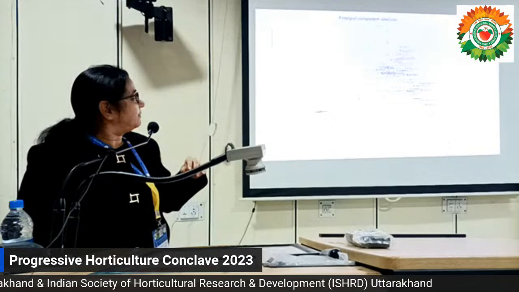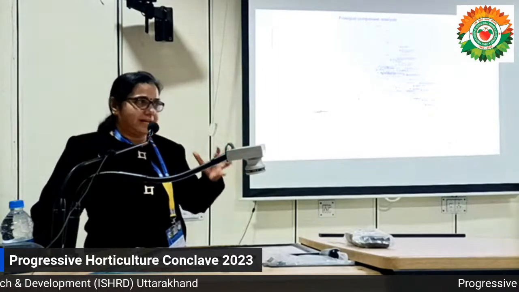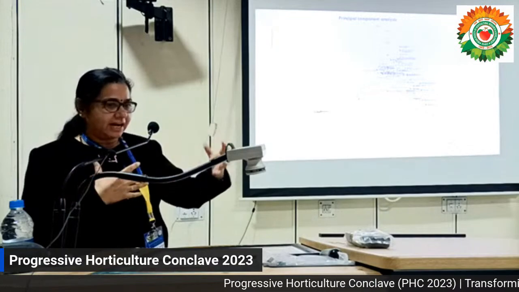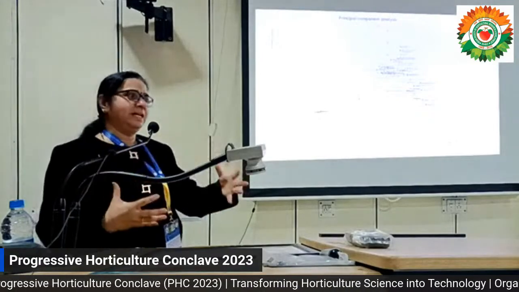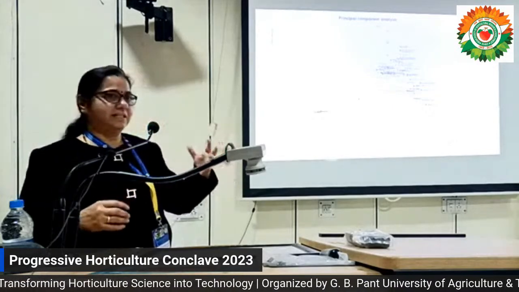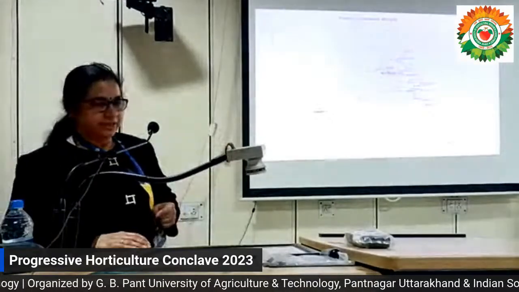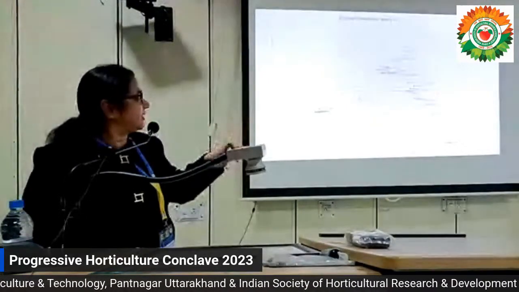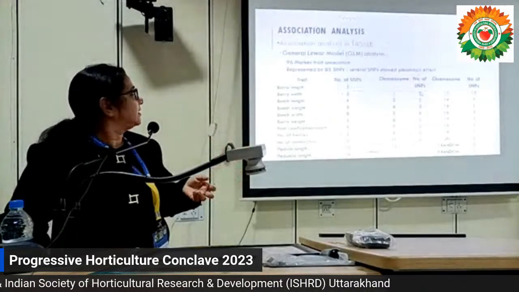Using this SNP data, we did principal component analysis to know whether there is some structure in these genotypes, because in grape, in our earlier studies, we had found that the collection has very narrow genetic diversity. Many of the genotypes are interrelated, and if we don't consider that in our analysis, there will be some false positives. So this analysis was very important, and we could see that there was some structure, like some of the genotypes were tightly grouped together. So this information we had to use for our association analysis.